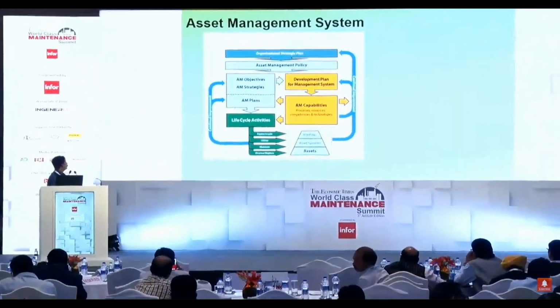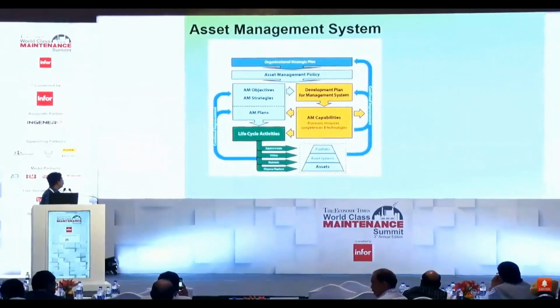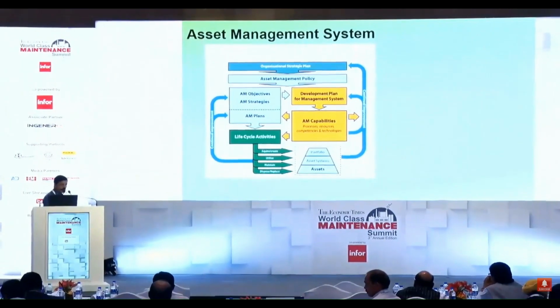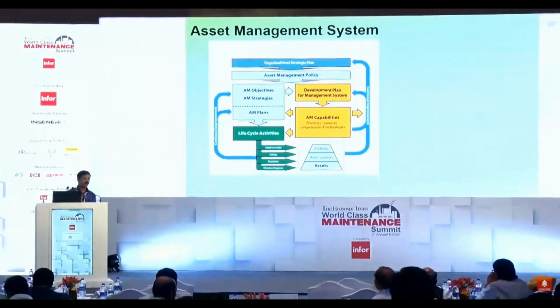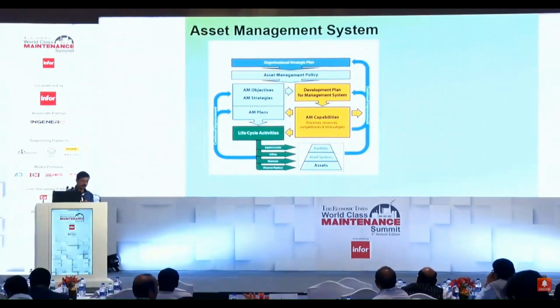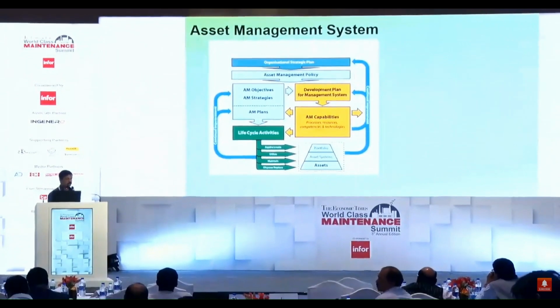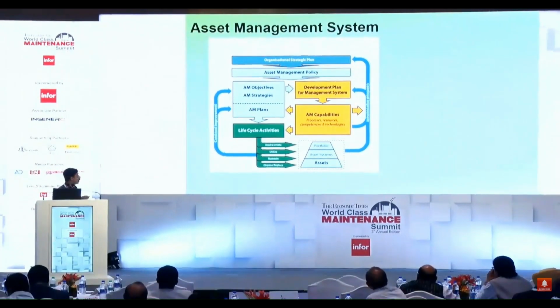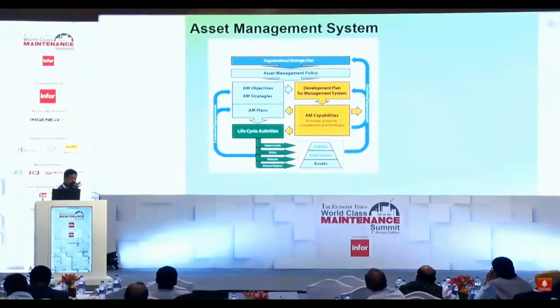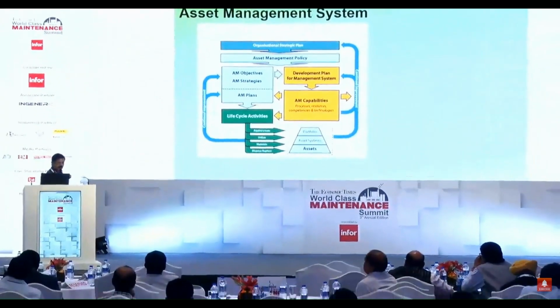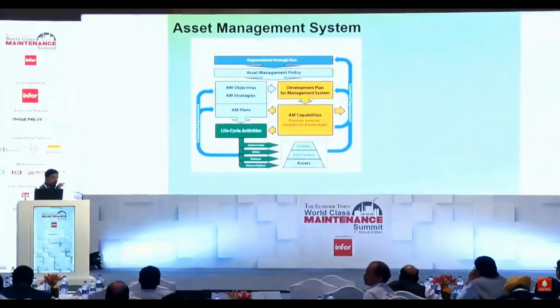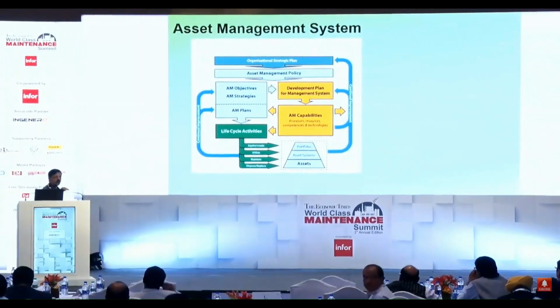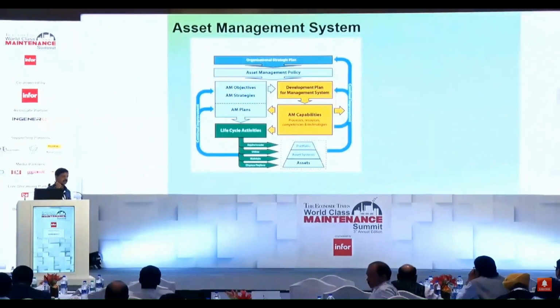Now, this is a general graphical representation of an asset management system, how it looks, starting from the organization strategic plan, which means organization objective. This strategic plan should translate into asset management policy. For a given quarter or year, you know what you are going to produce, how much quantum of production you need. Out of this production quota, you understand how much machine capacity you need. So a machine must perform in such a way that the objective can be fulfilled. So it starts with the organization strategic plan, that is your business plan.